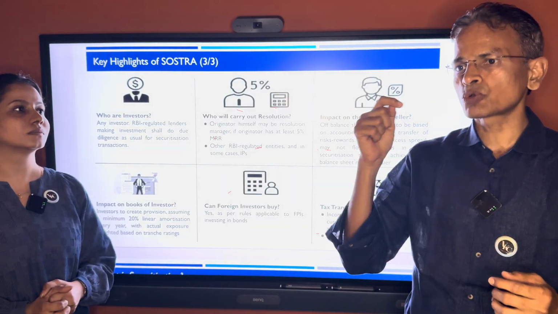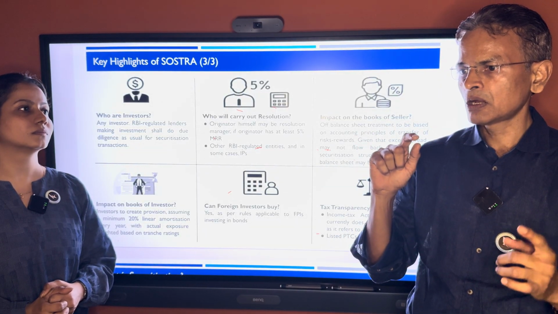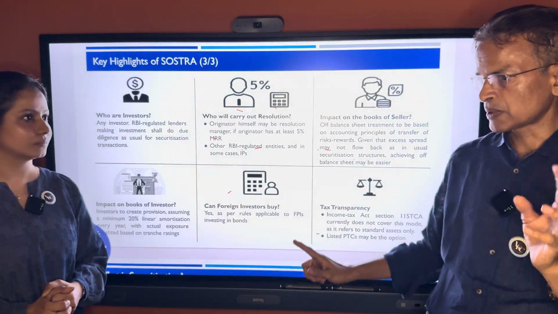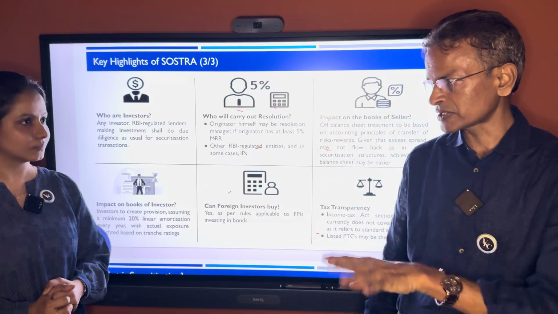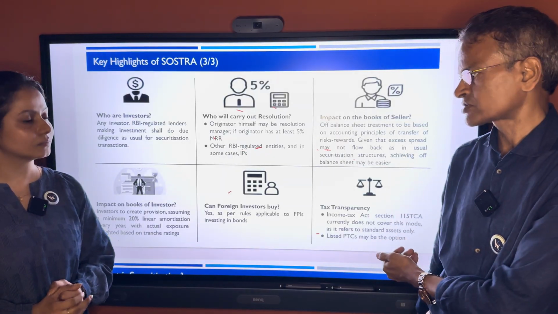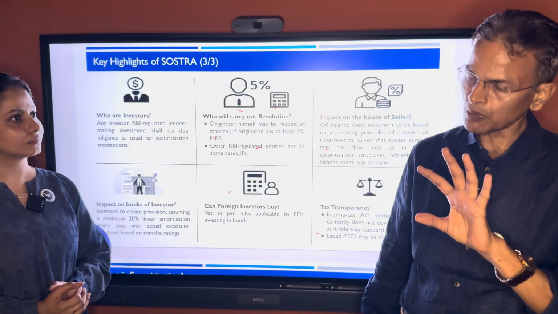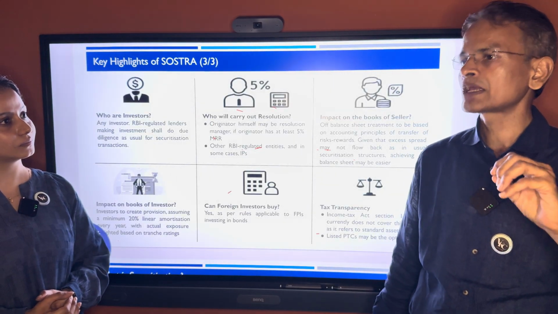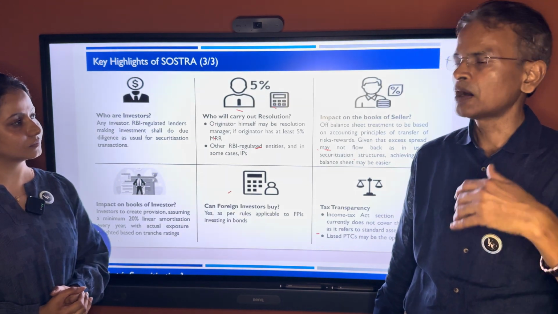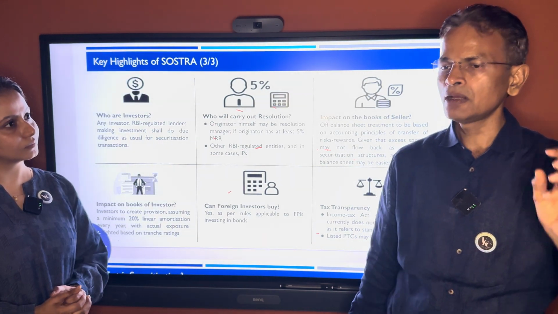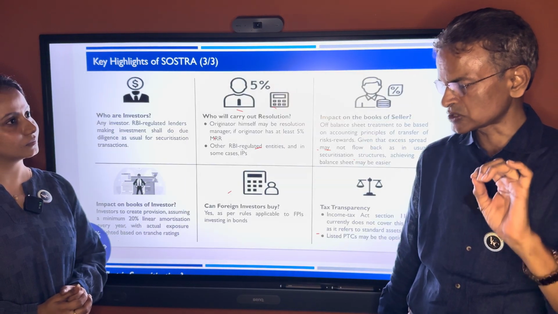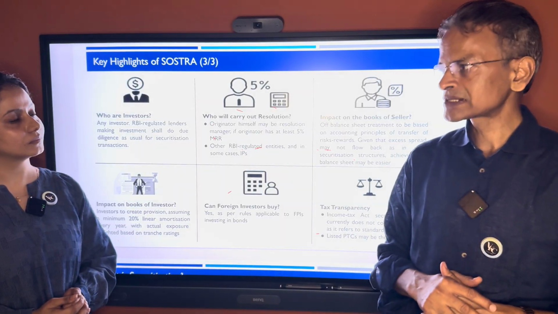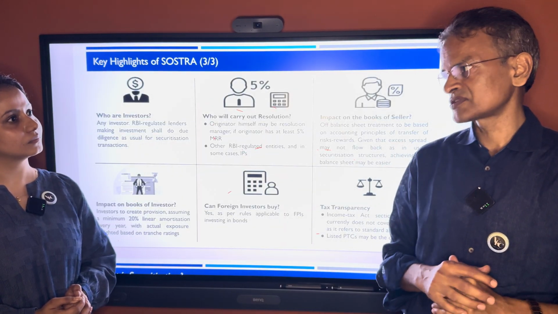Somebody might even argue that there is also a reference to transactions done under the SARFAESI Act. This is of course not done under the SARFAESI Act. So I wouldn't want to take the risk of a tax officer questioning this transaction because you're actually not doing it under the SARFAESI Act. So until the Income Tax Act makes a clear extension of 115 TCA to transactions of non-performing loans as well, I would rather suggest let's go for listing to avoid any misgiving, avoid any chance of the tax officer not